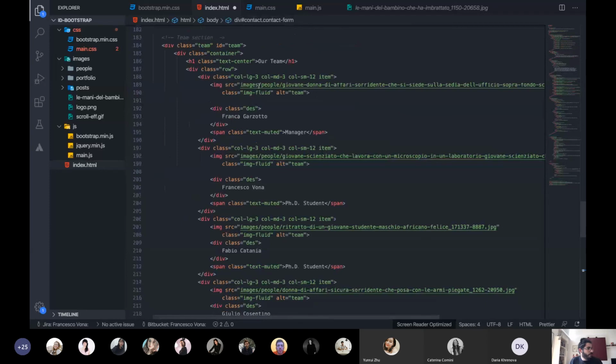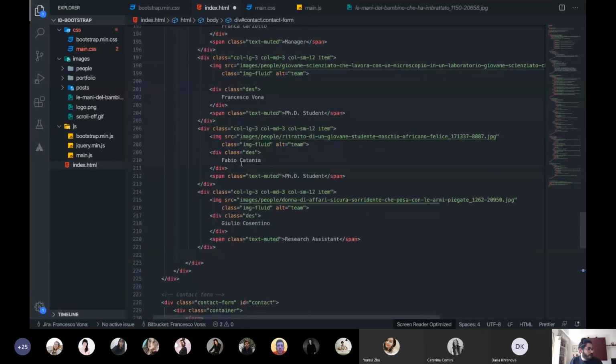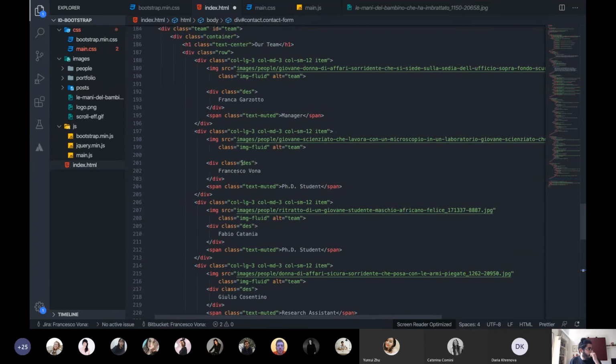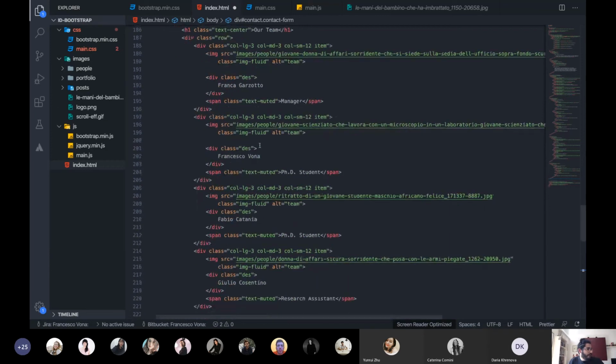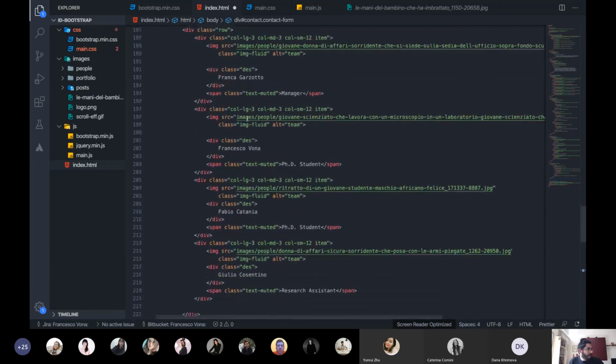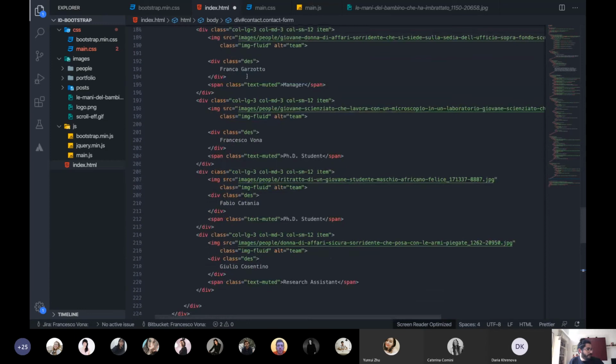This time we want 4 columns, so we change the grid system elements to have a dimension of 3. So we have 4 elements in our row. Images are fluid. We import our image from the images folder, and here I added our name,